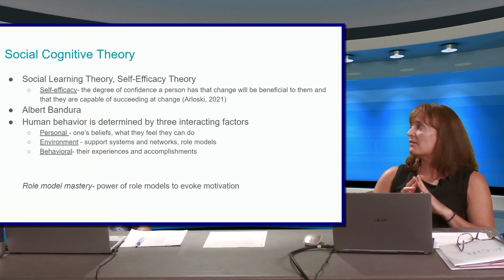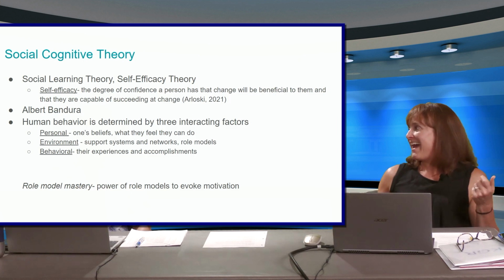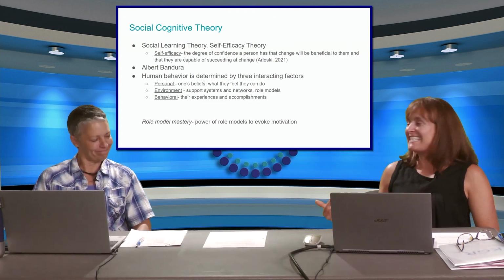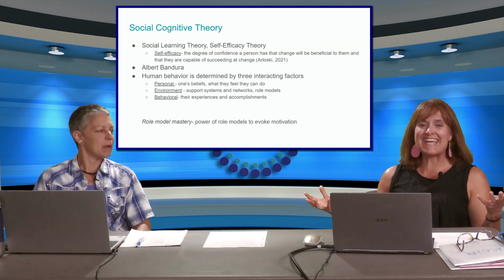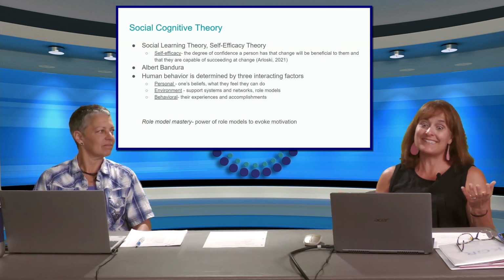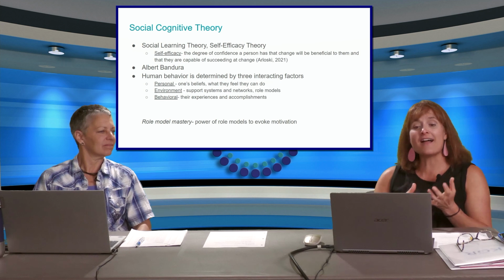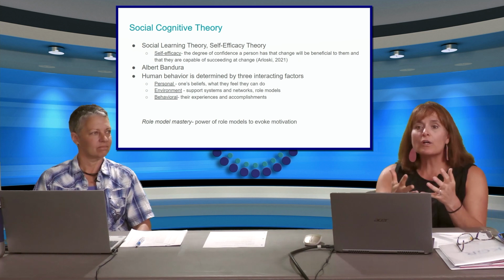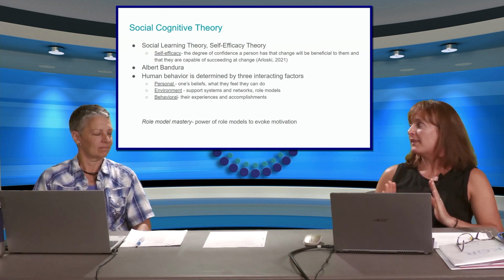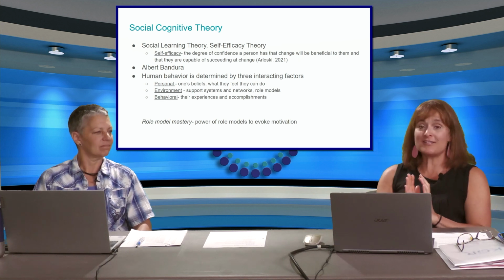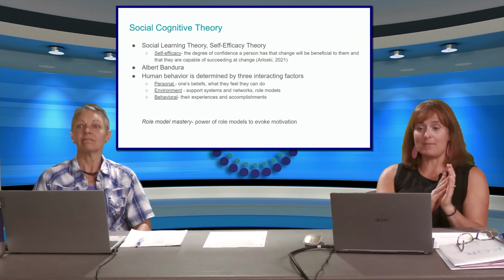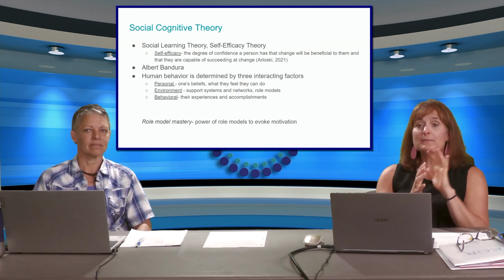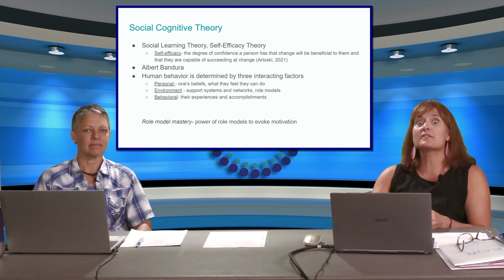So personal is just kind of the baggage we already bring. It's how I think about it. We all have our own little set of good and bad baggage. Of lenses. Exactly. This is our lens that life has been developing from basically day one. And then our environment. This is the support systems, your role models, your networks, all of those things in play around us that are also going to shape what behavior actually happens.